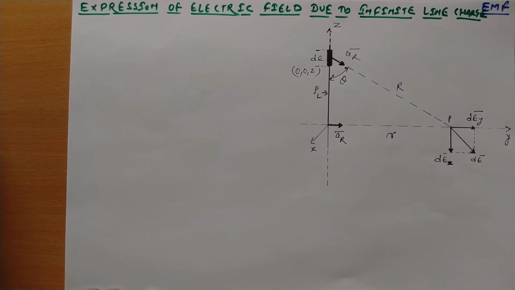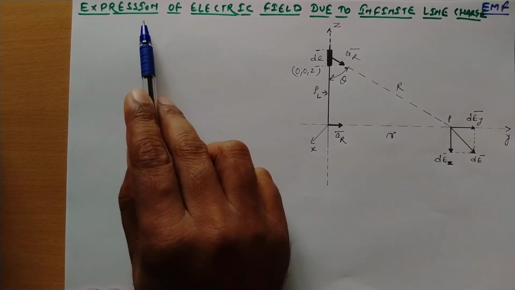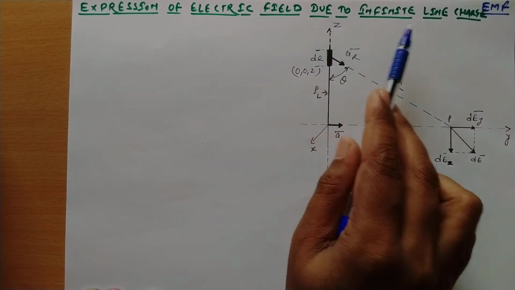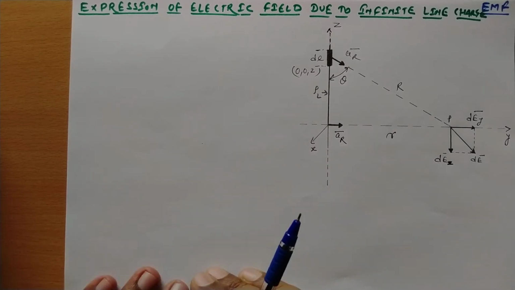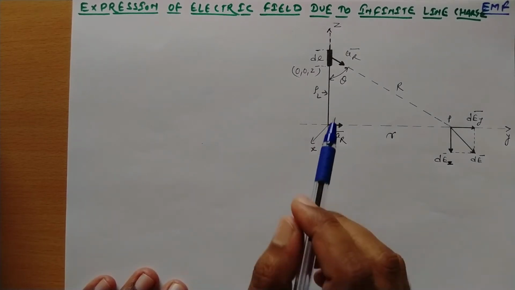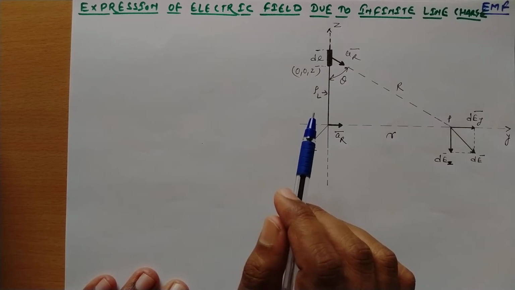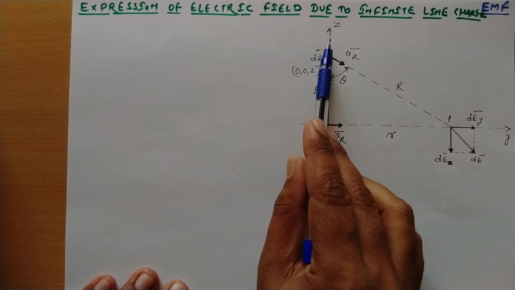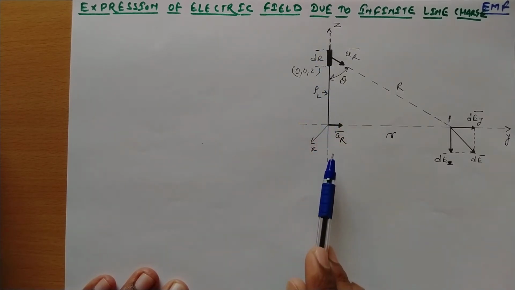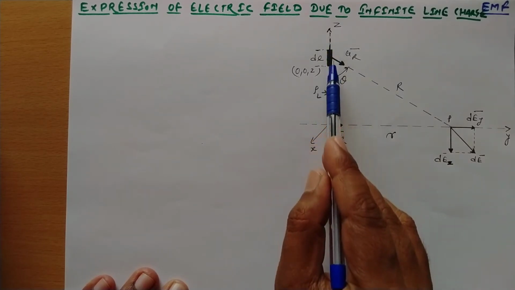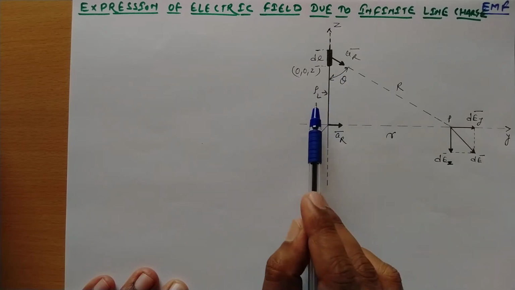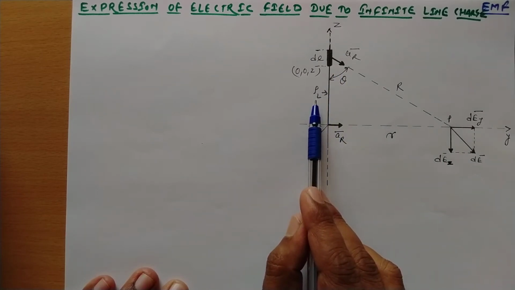Hello everyone. In today's video we will look at the expression of electric field due to an infinite line charge. For this, first of all we'll consider an infinitely long straight line carrying a uniform line charge, which we can denote with the symbol rho L, the line charge density, whose unit is coulombs